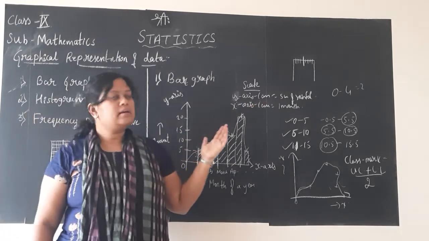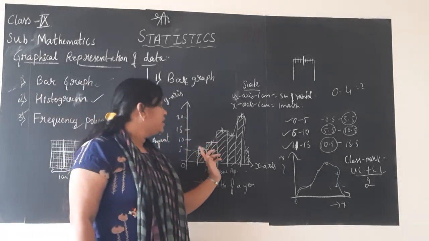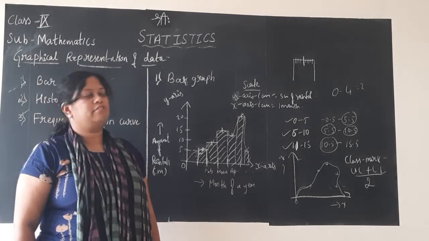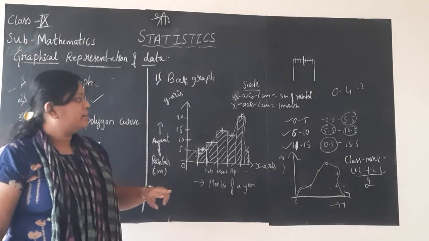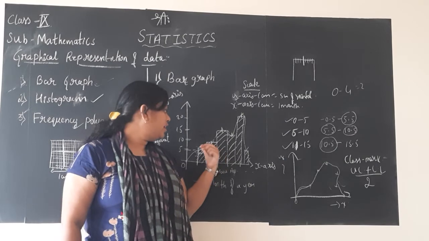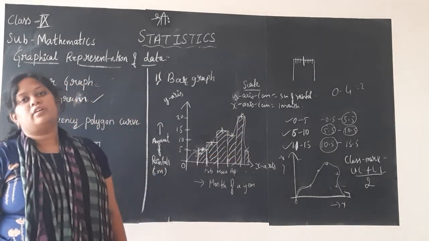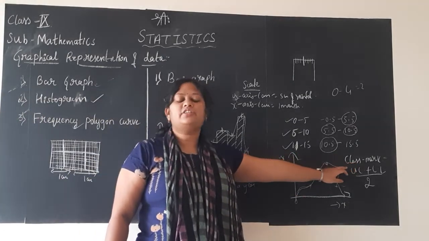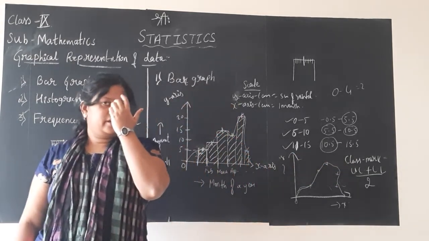Histogram is the graphical representation of a continuous distribution of data. Hence, it will be bar graphs without any gaps in between, unlike the bar graph. Next, the frequency polygon curve. Two methods are there, one by drawing the histogram, marking the midpoints and joining by freehand curve. Other is directly plotting the frequency polygon curve. In this method, the class mark has to be found for each and every data there. That is upper limit plus lower limit divided by 2.